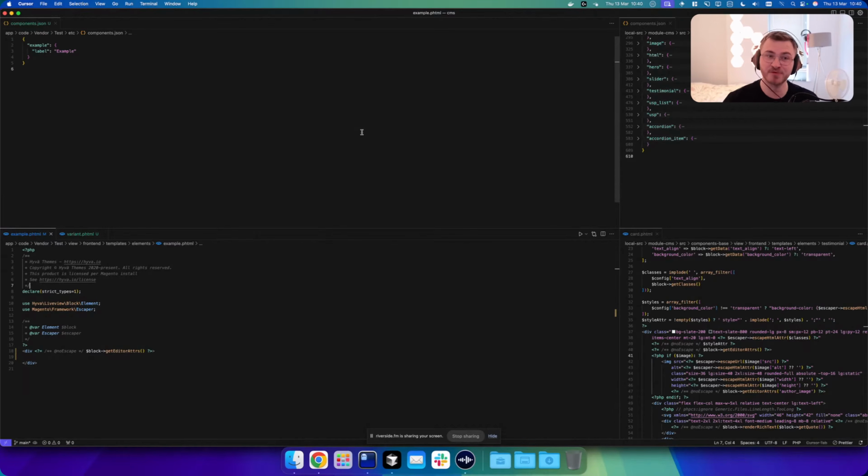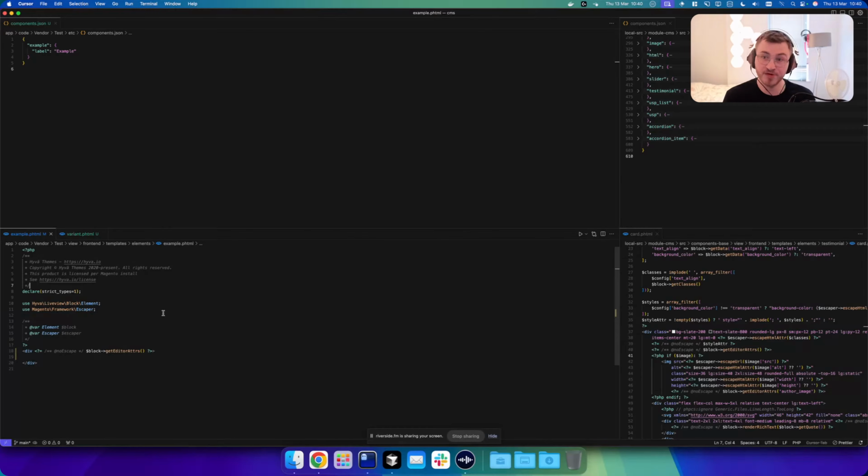I've prepared, inside of a test module, a components JSON file. This is where we're declaring the components. It holds the default values, what fields it's going to show, and the different templates that it's going to load instead. Below it, I've got the PHTML file. The beauty of Hyva CMS is we run through PHTML files, meaning that we can do everything that we expect Magento to do.